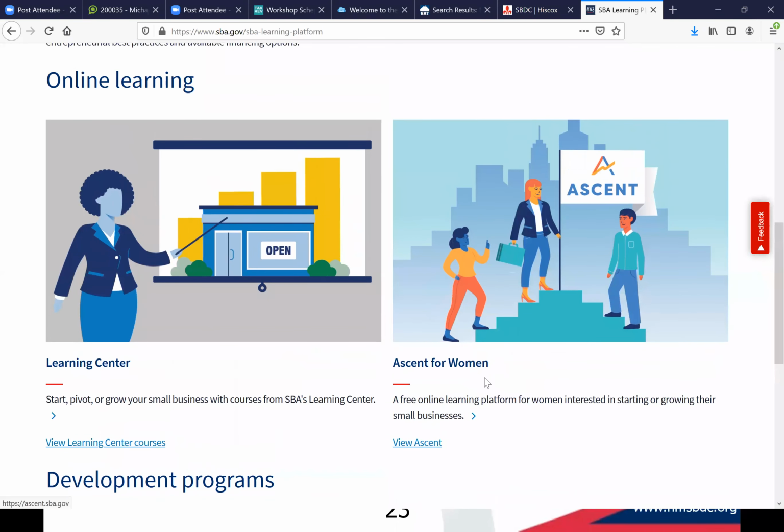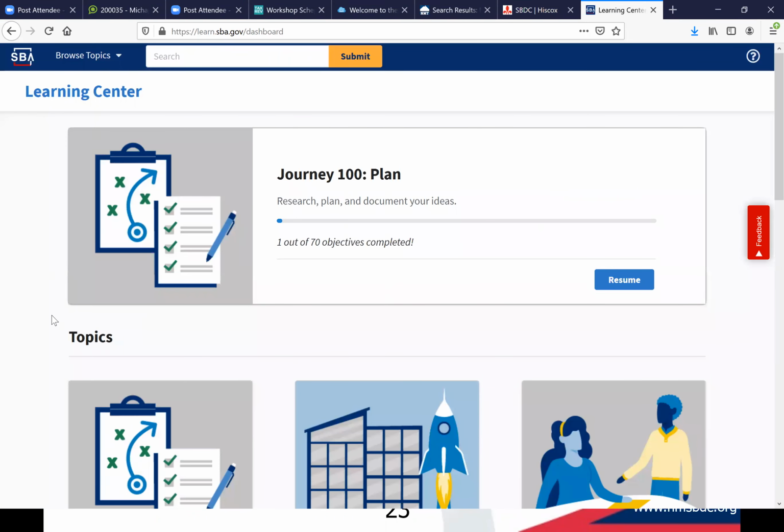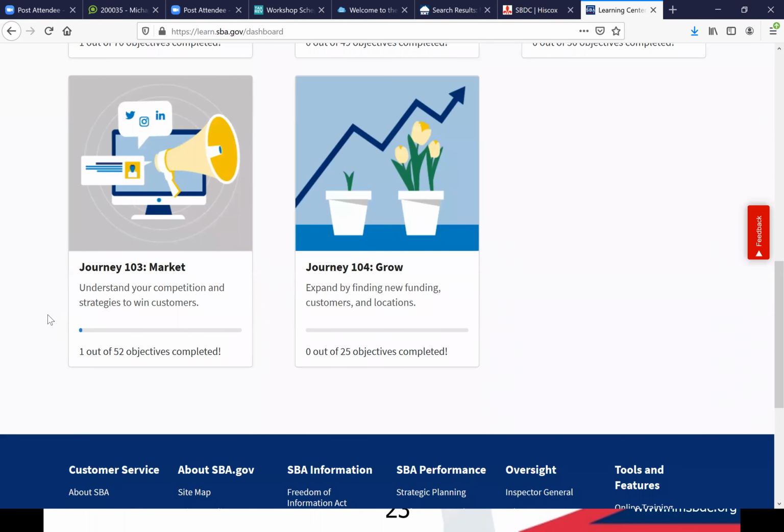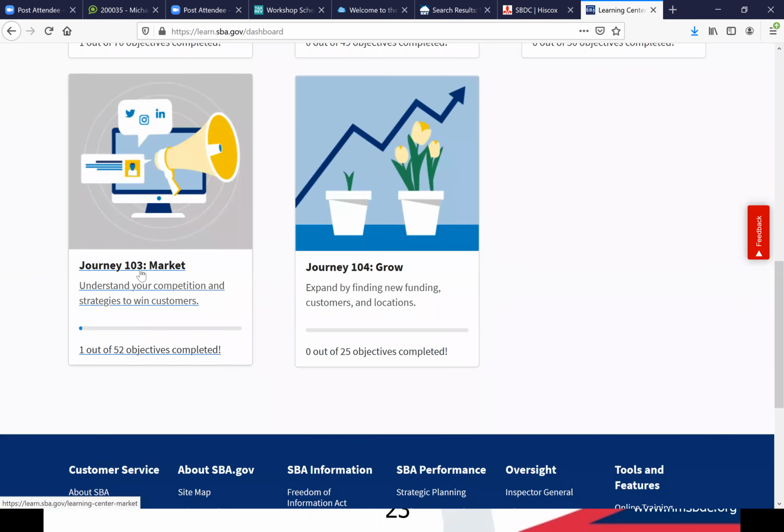But the big initiative from our SBA, Small Business Administration Administrator, it's now Mrs. Guzman. Before it was Ms. Carranza. One of her main, both of their main goals is to get more women into business and provide learning resources for them. They also have the regular learning center for just anybody, and they have a bunch of topics on many different learning modules. I particularly like the marketing one.